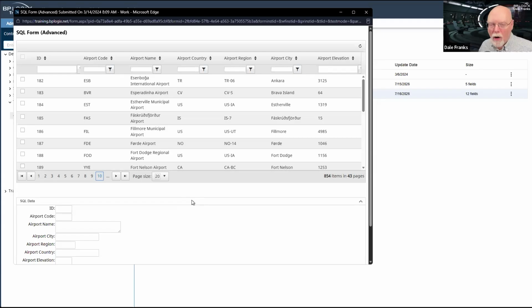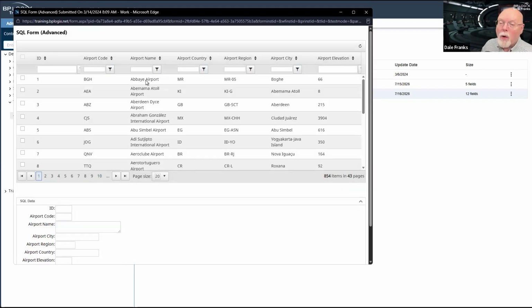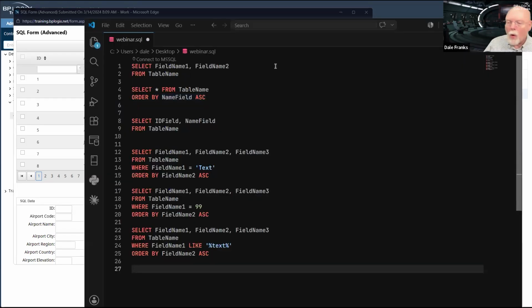Obviously, it doesn't work for all users. Not all users will think the same way that I think, and so they'll have different methods, but it sure is helpful. If I can identify what order my data is in, how much data I have, and in this case, the 43 pages is important, I can now begin to estimate, if I'm looking for something specific, where I might find it in those 43 pages of data. It might make it a little simpler for me to find that data. That's why the order by field is so important.